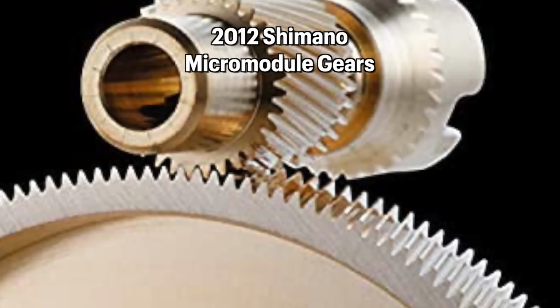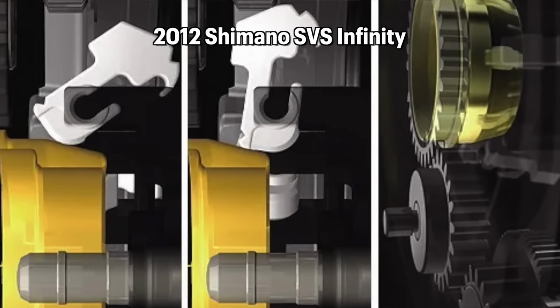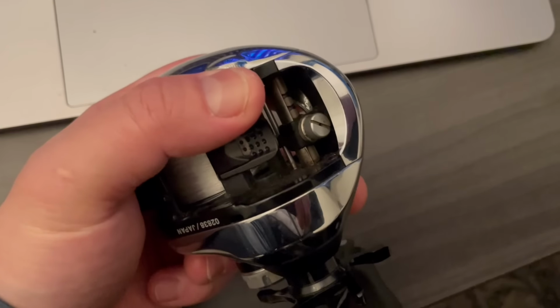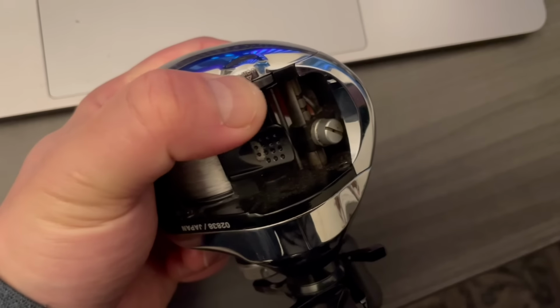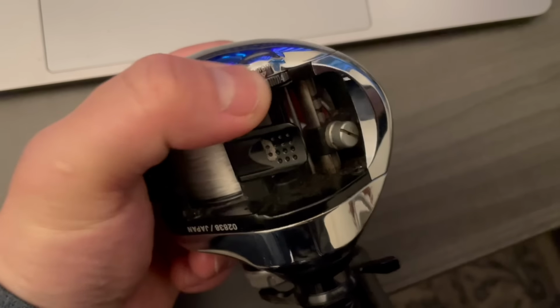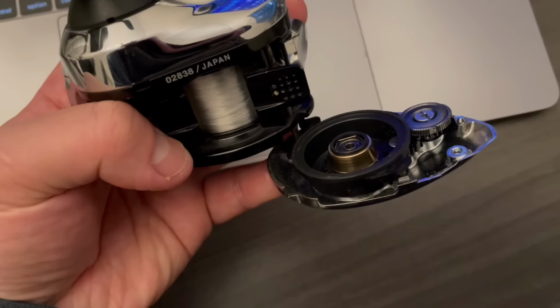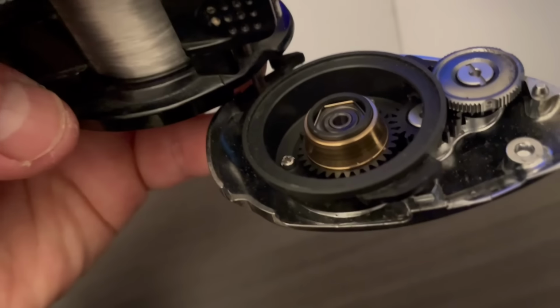In 2012, Shimano rolled out their micro-module gear system together with the SVS Infinity centrifugal brake adjustment system. The SVS Infinity not only allows anglers to quickly make adjustments of the centrifugal brake on bait casting reels without needing to open the side plate of the reel, but also added many levels of adjustment thanks to the tapered